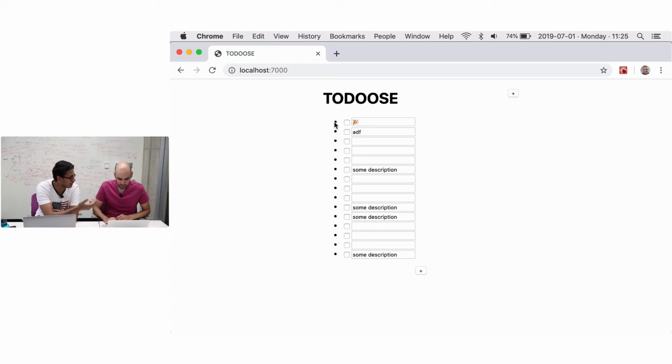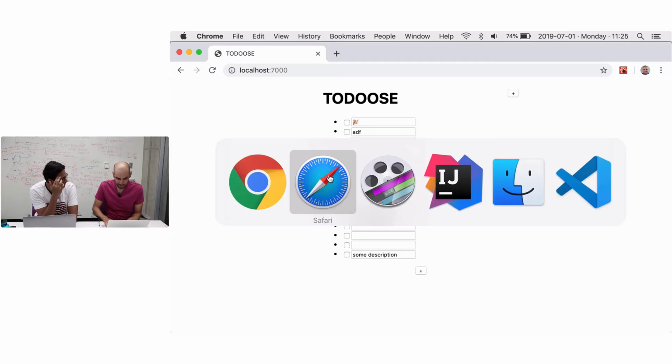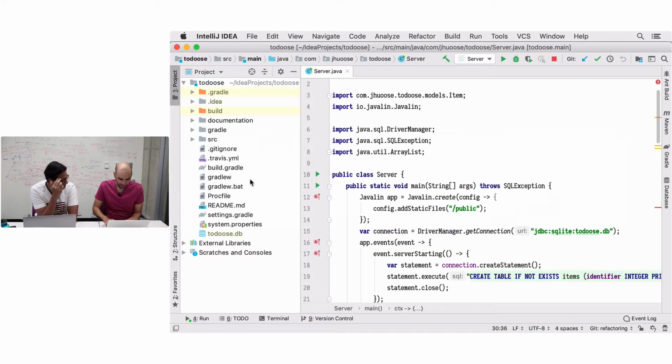I don't even know why we have bullet points. Because this is a list. I know it's a list, but you don't see bullet points in to-do applications. You don't. That is true. So let's go to our